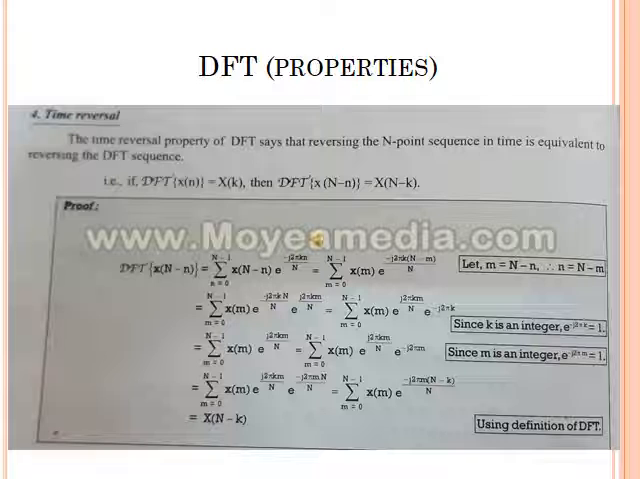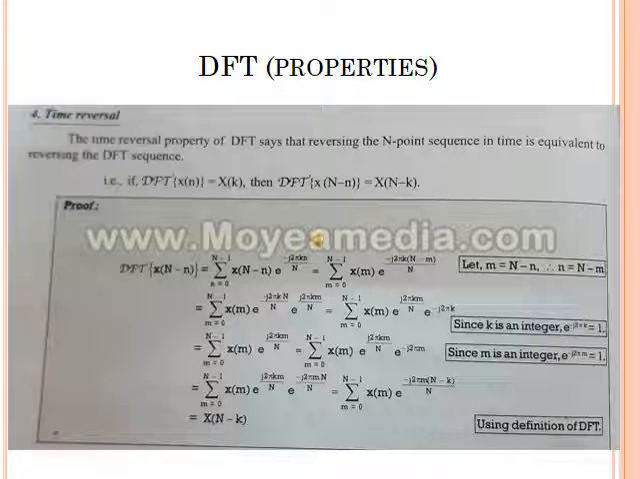So this will be equal to summation m equal to 0 to N minus 1, x[n] e raised to the power minus j 2 pi km by N, e raised to the power minus j 2 pi m N by N. This substitution has been made because we want to prove that the DFT of x[N minus n] is equal to X[N minus k]. Now